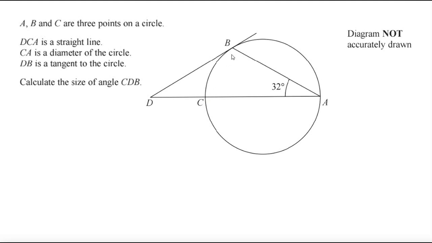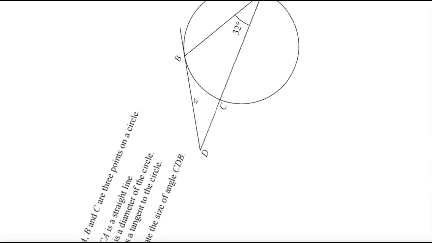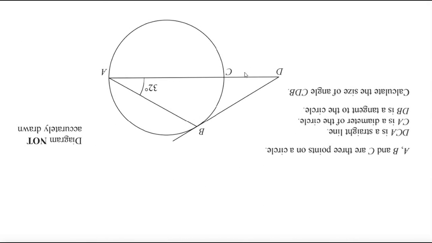Right, now what I'm going to do is join B to C. It seems an obvious thing to do, and what I'll create is an angle in a semicircle, which I know is 90 degrees. So that's going to begin to fill in this part of the problem, helping me to work towards this. Before I do that, I'm going to turn my paper upside down. The reason I like to do this is because sometimes you can see something upside down that you couldn't see the right way up. So let's turn the paper the other way as well, so we can see it from this angle. And yes, that already helps, because if I join C to B like that,